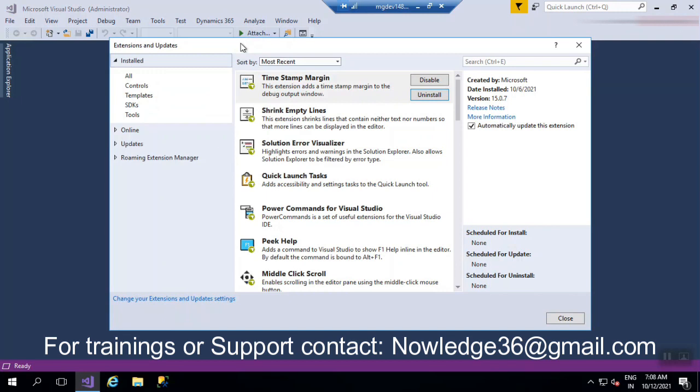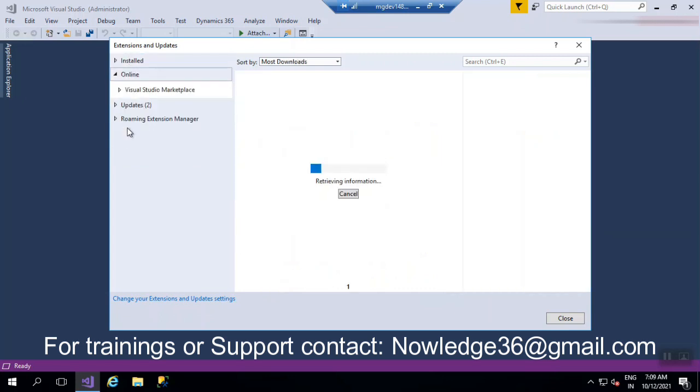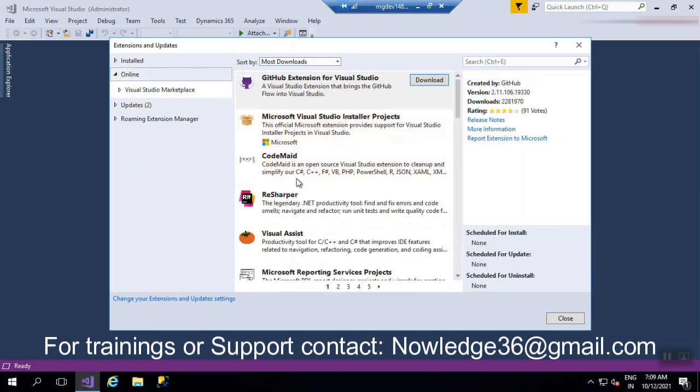After clicking on it, you have to switch to Online. We already have Installed here in the left pane, but you have to click on Online. After clicking on Online, you will be able to see a few things. What you have to do here is find and install Productivity Power Tools.